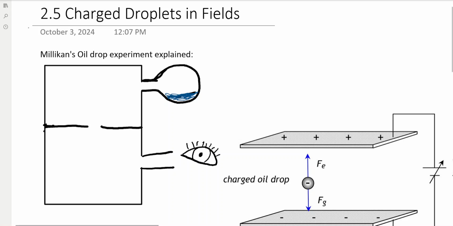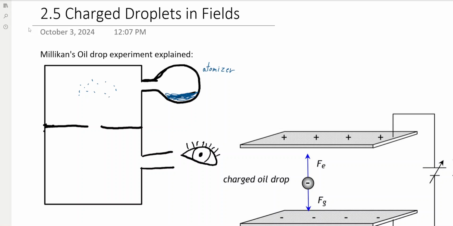Over here, he has an atomizer, which is essentially just a method of making the particles really, really small, sort of like a perfume bottle, how it sprays a very fine mist. It makes really small oil droplets, not to the point where you're getting one electron or even 10 electrons at a time, but where you're getting hundreds of atoms at a time. And so he shoots a whole bunch of